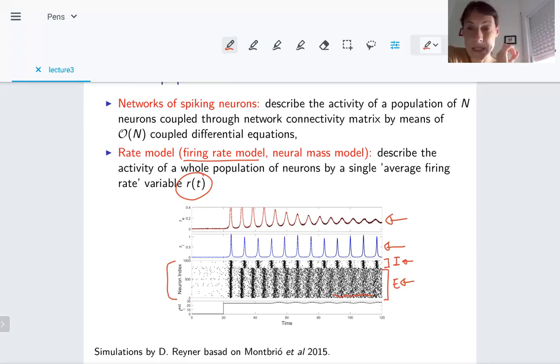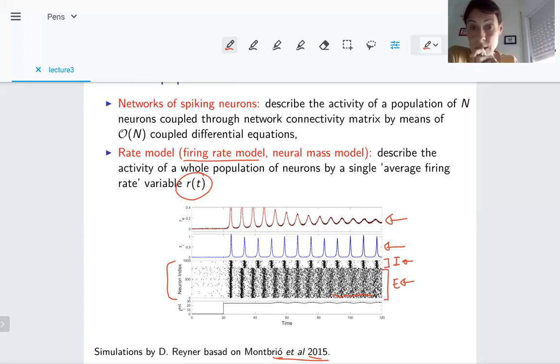But in some particular cases, in the last 5 years, there have been some contributions, in particular in the works of Montbrió, Pazó, and Roxin. For networks of a type of leaky integrate-and-fire models called quadratic integrate-and-fire models, when they are all-to-all coupled, and assuming that N is large, so N tends to infinity, they are capable of producing a set of equations that describe the firing rate activity exactly. And this is what this plot is showing: the red trace is just the integration of a differential equation with just a few equations,